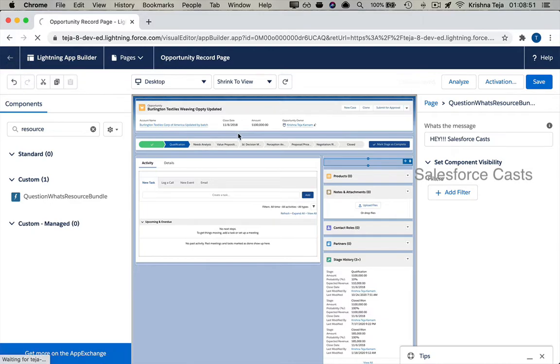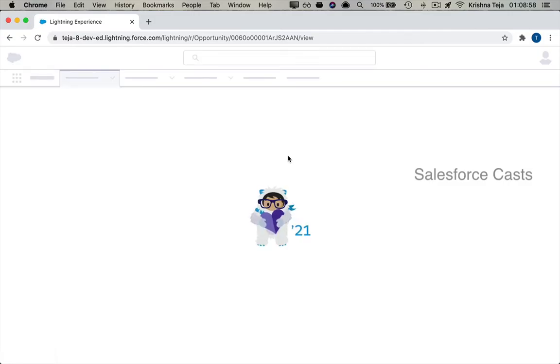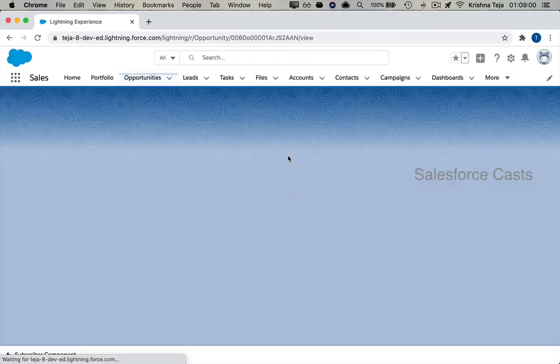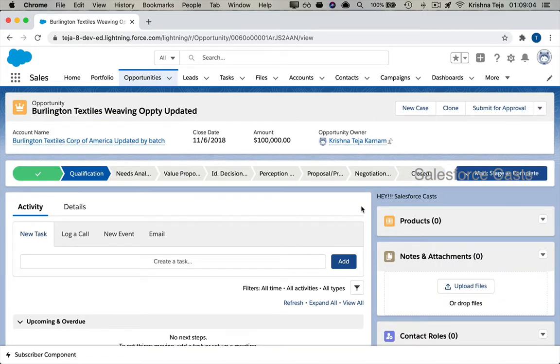Let me go one step back. So the functional user is going to navigate back to app builder and he is going to give an input, and that input will be pushed to the attribute called message, and that is what we'll see here. Now you might be wondering what exactly is the purpose of this, or why would functional user try to provide a value or push some values to attribute.